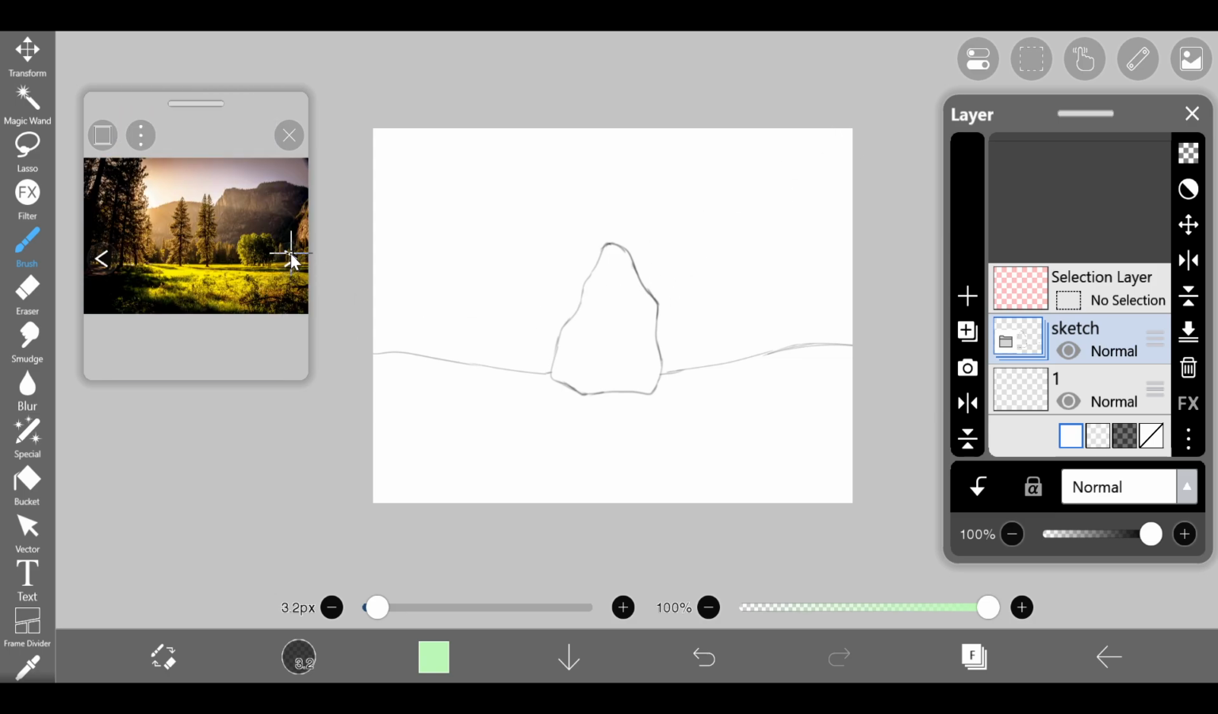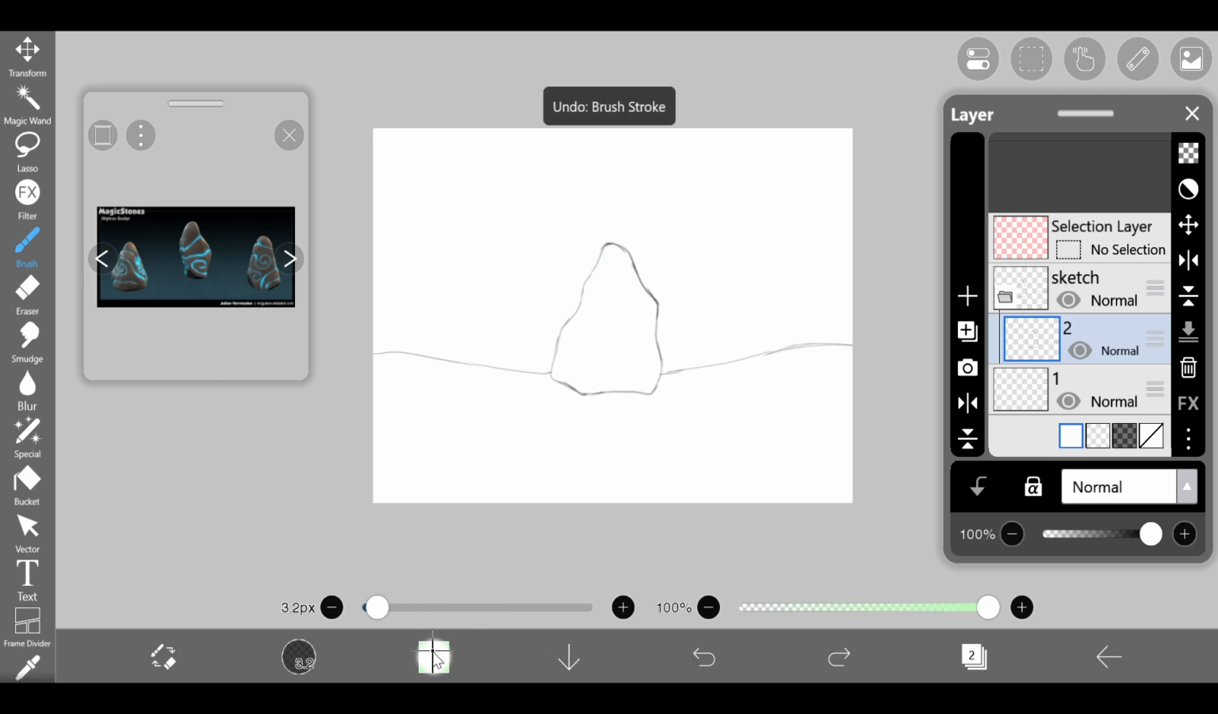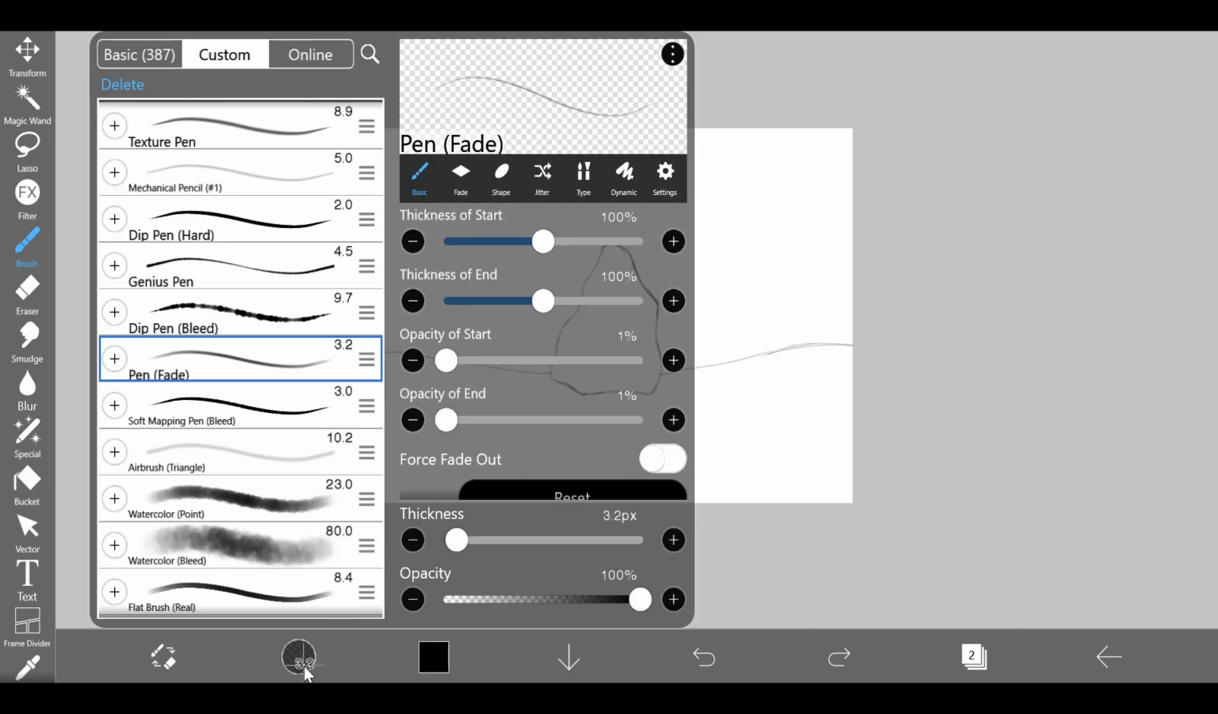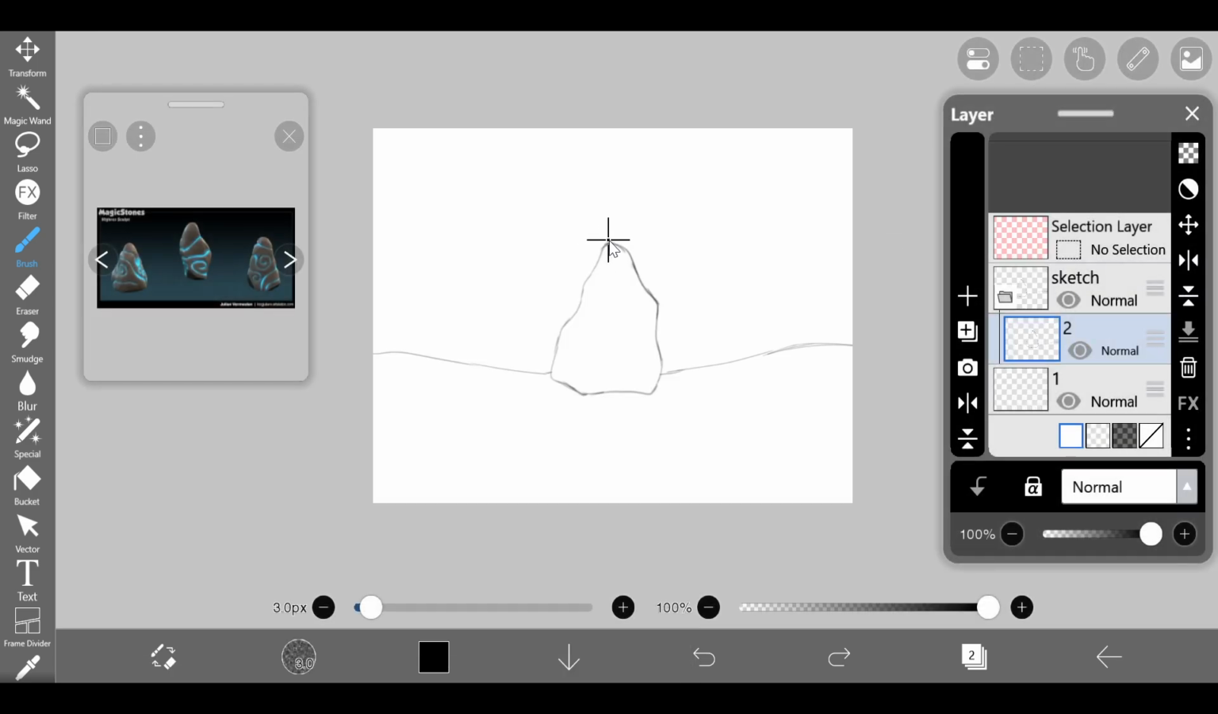Now, the reference for the magic stone is this one, and I think I'm going to put in some 3D shapes. Let's use the black color. Let's use pencil, and I'm going to draw some lines for like 3D shapes. Maybe this is